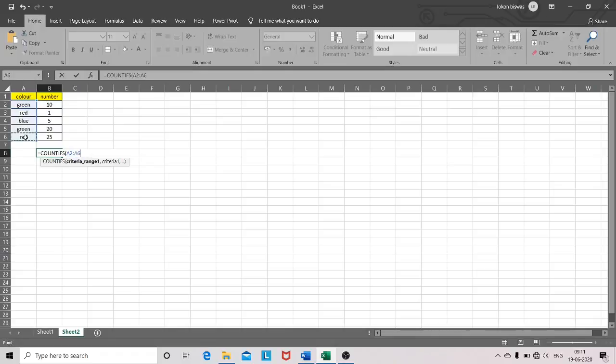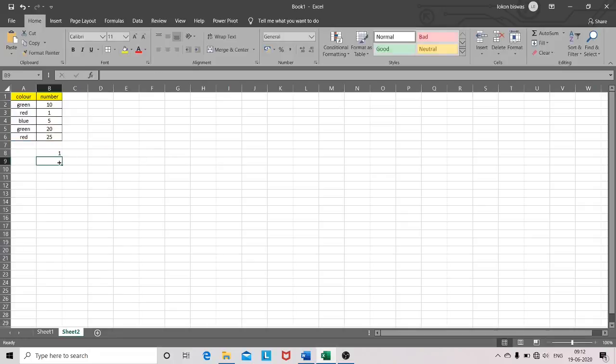Select this, put a comma here, and it is green, and select this column to this column, which is greater than 10.